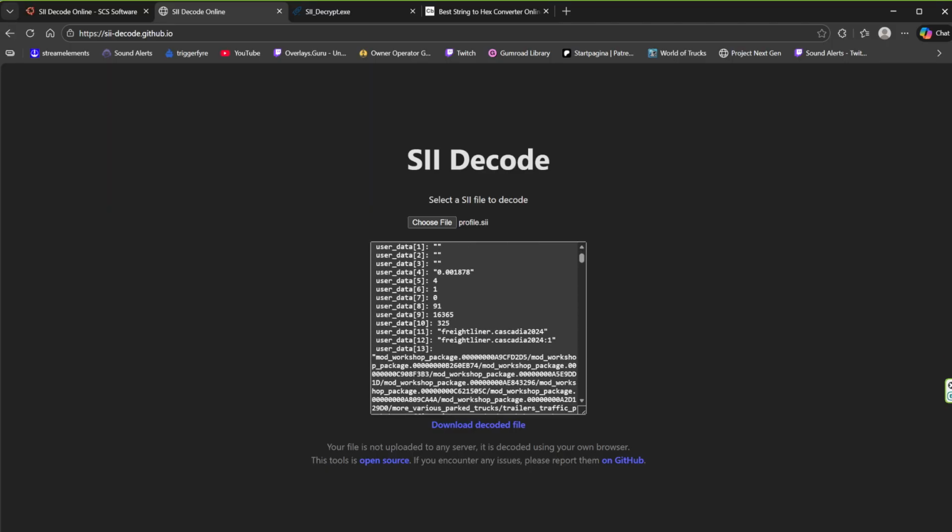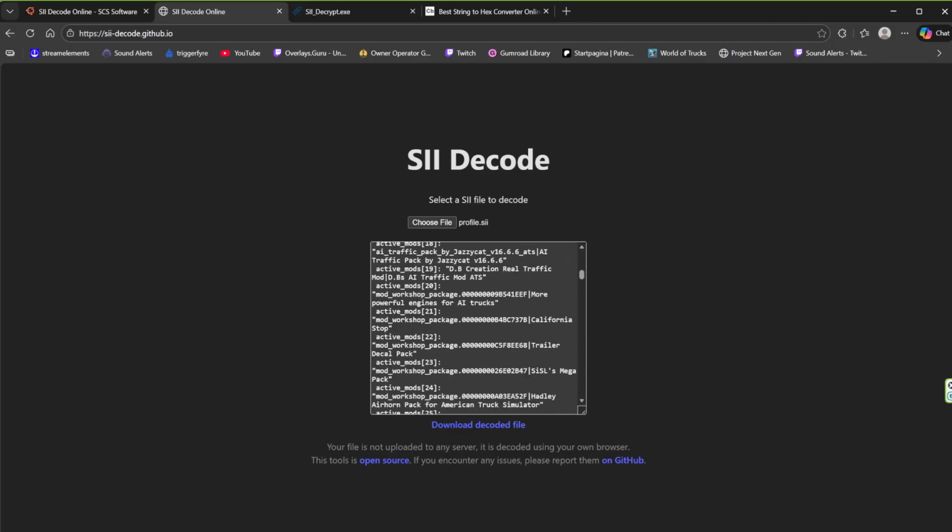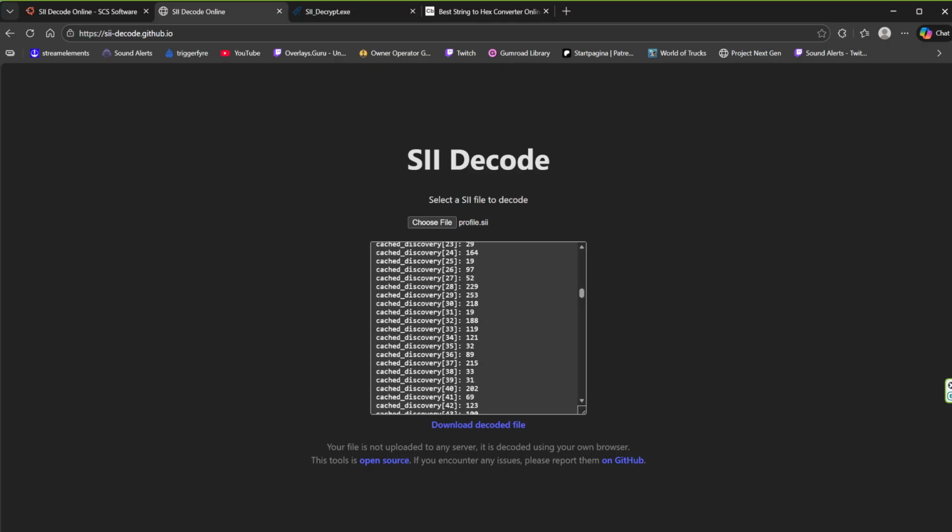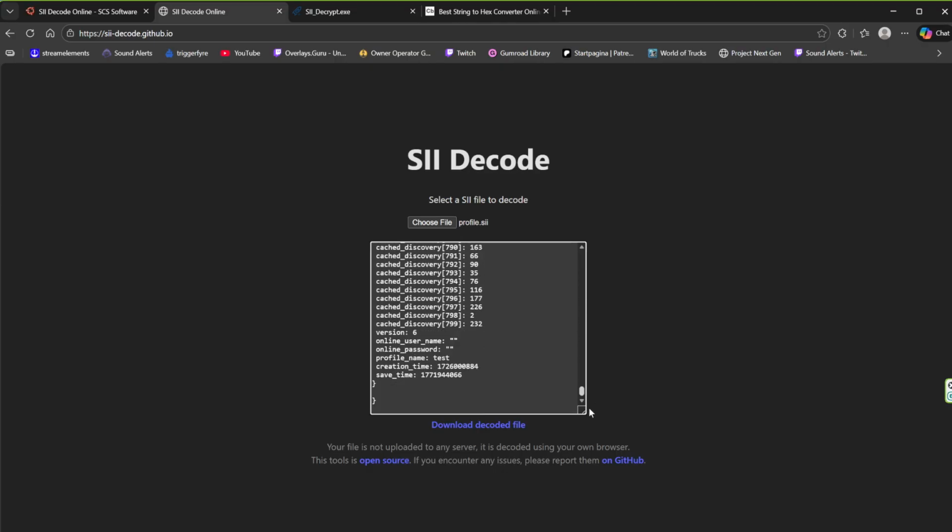Now you can see it has decoded it or decrypted it, and you can scroll down here, and there we see that there is the profile name and test. Now you need to download it,